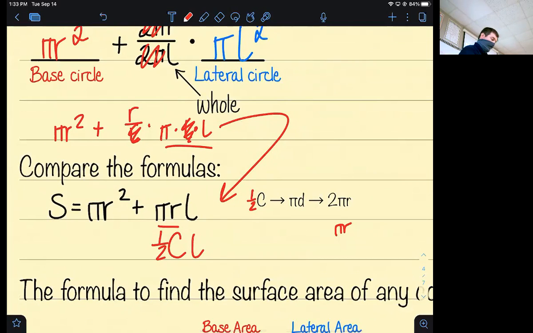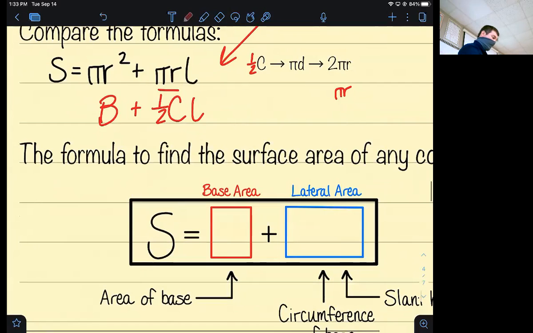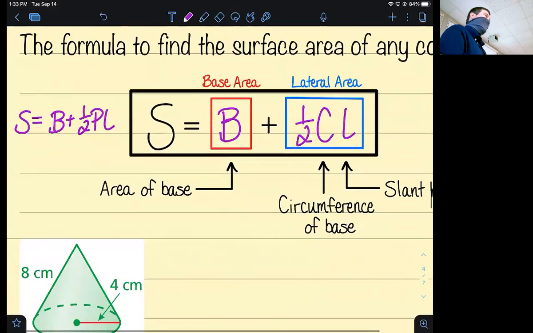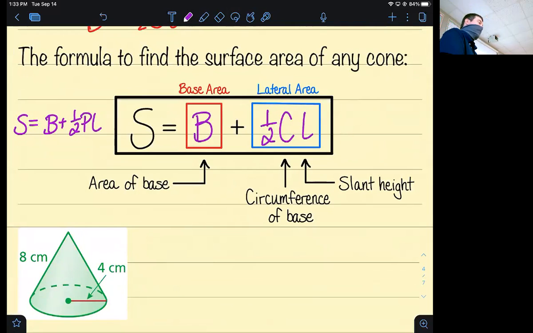And isn't pi r squared just the area of the base? Now look what we have. Our special formula, capital B plus 1/2 C L. And what was our old formula? Not the old one. What was the new formula that we had earlier today? Capital B plus 1/2 P L. Again, they're almost identical to each other. So if I'm liking using the special formulas, which many of you said you are using, there's not very much of a difference between the formula for a pyramid and the formula for a cone. Instead of perimeter,